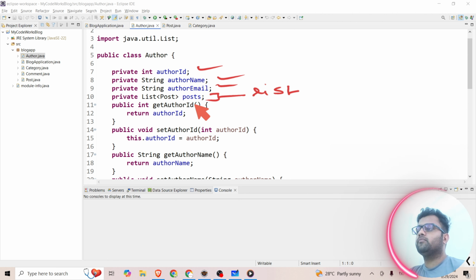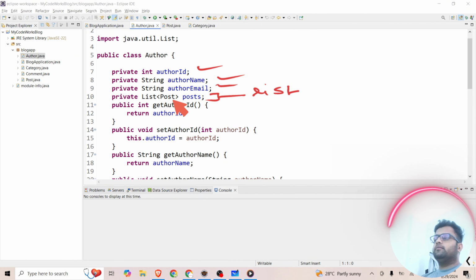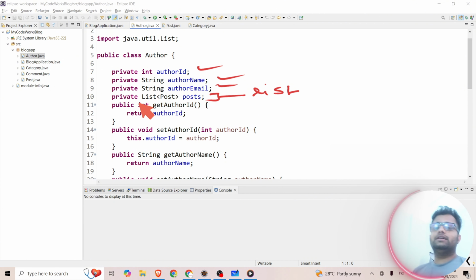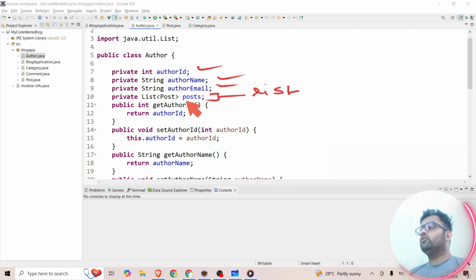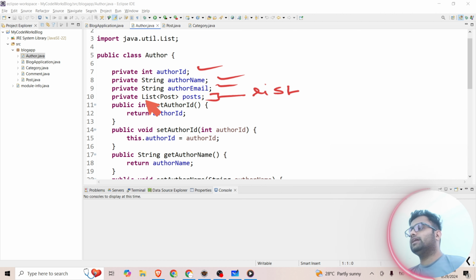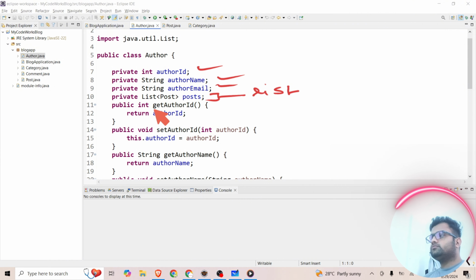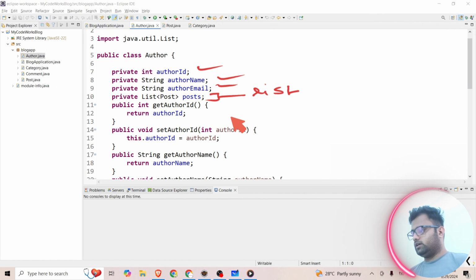Okay, how many posts he created, so it will always be in list form. So maybe he hasn't created any, he's just there on the platform and doesn't have anything, so it will always be empty. If he has any post, then it will come inside this post. Okay, so now what we are going to do is, I will talk about this as